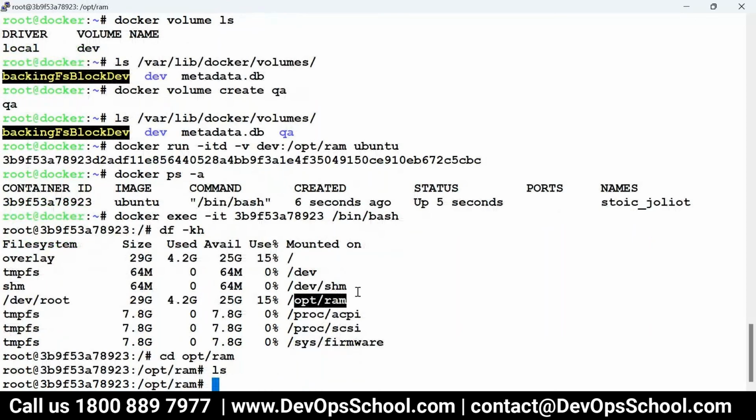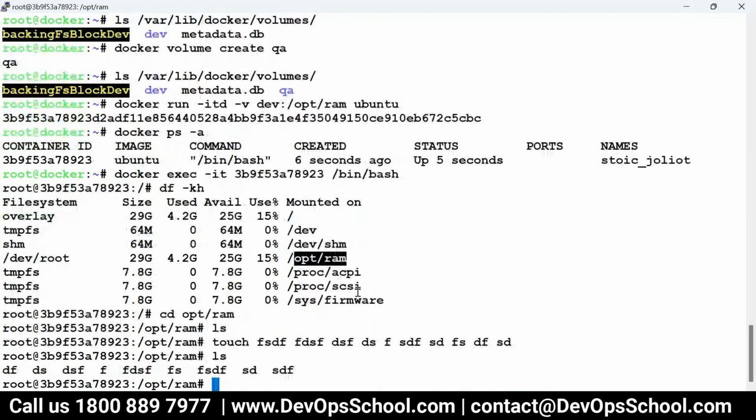So here, touch. I'm creating some important files. Just ignore the names. Here are so many files I created. These are all very important. You can type Ctrl+P+Q or exit, no problem. So here, the container, if you see that,